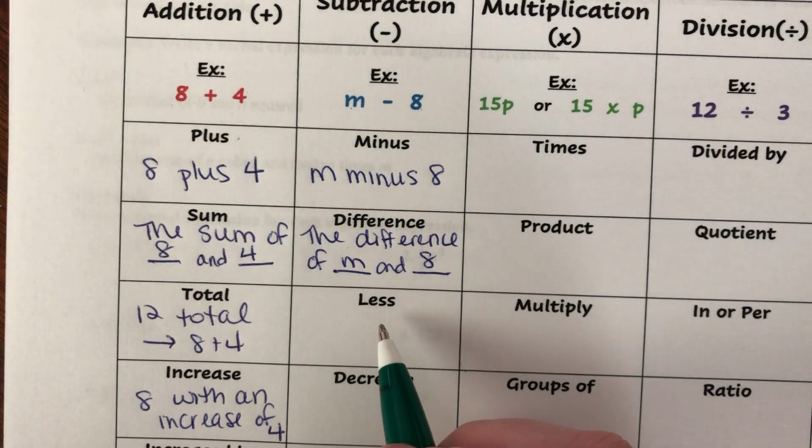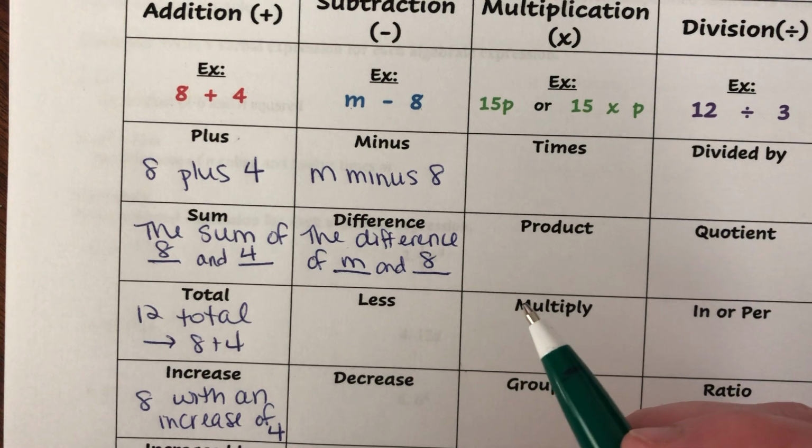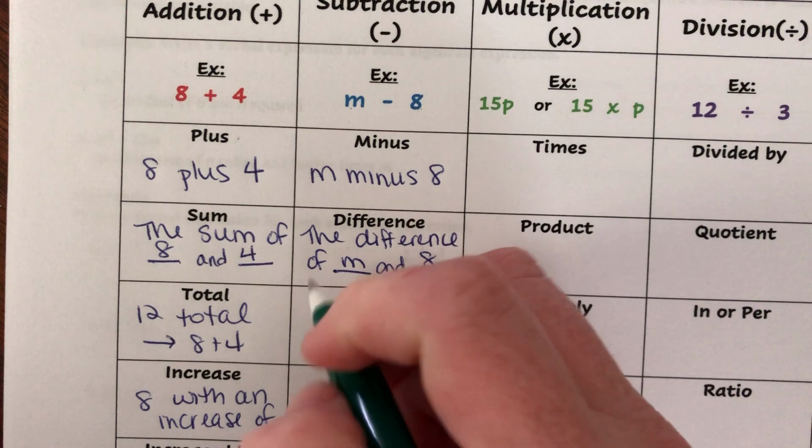Okay, less. So you might say, I've heard my mom saying that before, like we paid out this much less what we put into it, and that gives us our total profit or something, right? You maybe sold cookies and you spent $10 on the ingredients, and then you sold them and you made $20. So $20 less the $10 that you spent, that gives you $10 left over. Less means minus. So here we'll say m